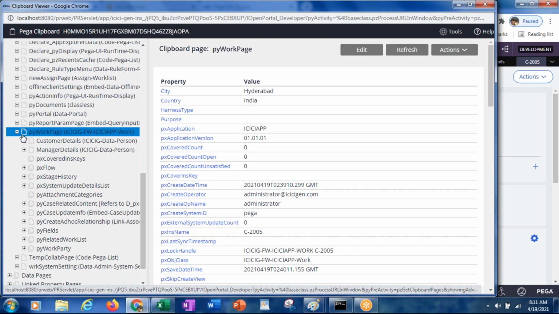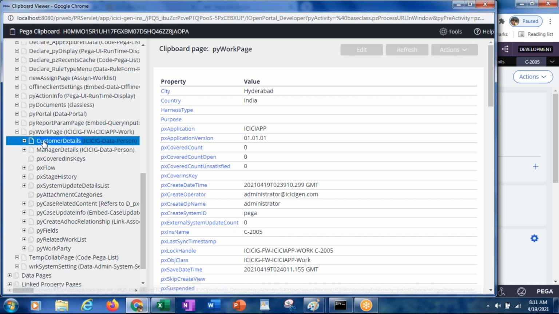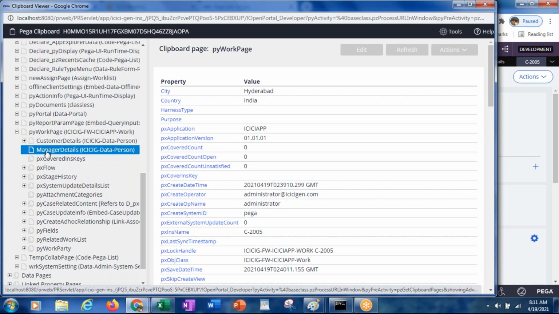You see under the PY work page you have sub pages. PY work page is the main page. Under that you have customer details and manager details. Now if you select customer details, you will be seeing customer details values. And if you select the manager details, you will be seeing the values under the manager details.